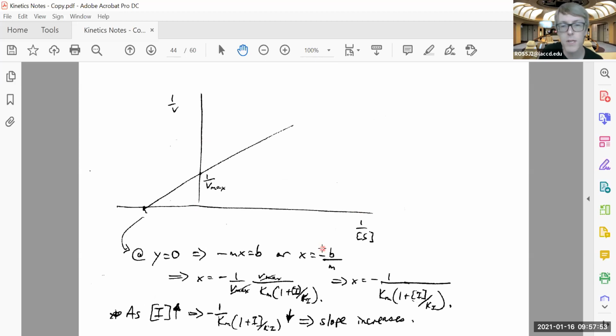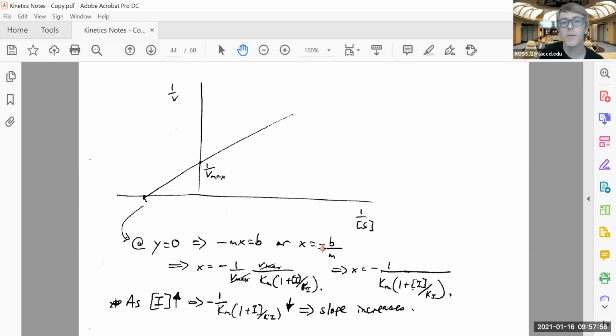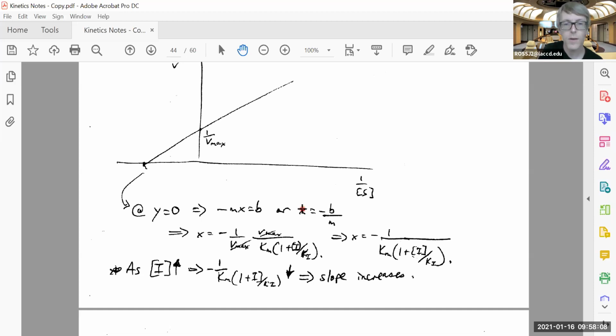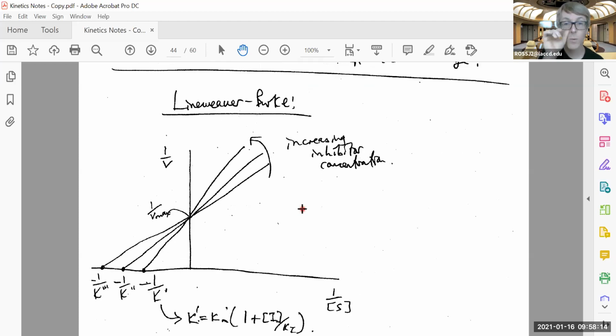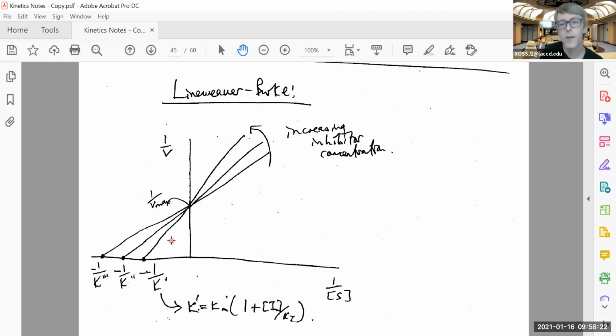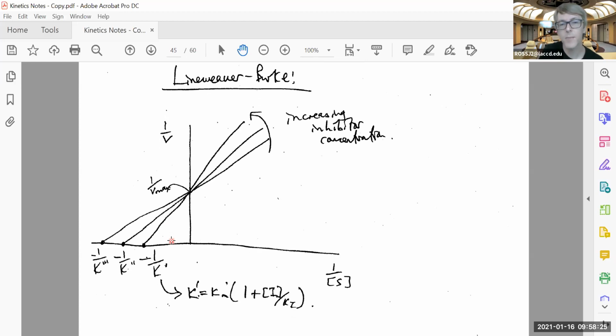We get a y is mx plus b plot. We can plot it on a spreadsheet, and we could get access to the Michaelis-Menten constant and all the other variables as before. The one other thing is we'll notice that if we increase the concentration of the inhibitor, we effectively make the slope of our curve steeper. And we can see that here. Hopefully that has become straightforward, because if I just annotate over this,